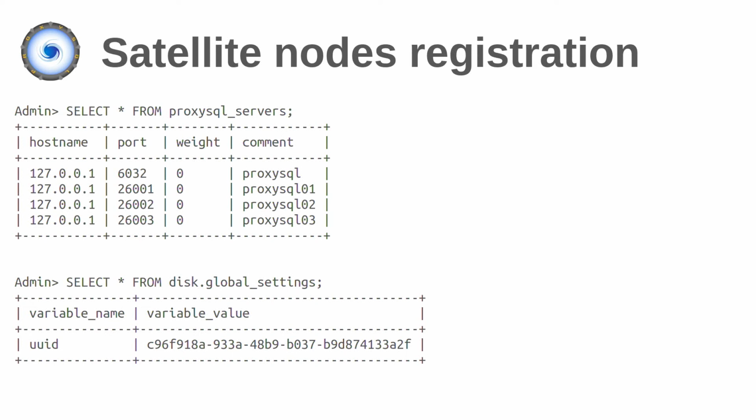So now what we introduce is the fact that when a proxy connects to another proxy, it also registers itself. Basically, it generates a UID. It is automatically generated and is also saved on disk. So we have a new table called global setting. Right now, there is just UID. It is automatically generated, or you can change it here or in the configuration file. And when a proxy connects to another one, it basically registers itself, sending this UID.